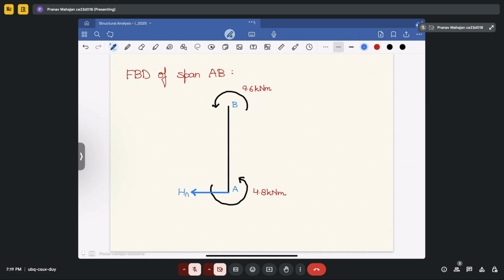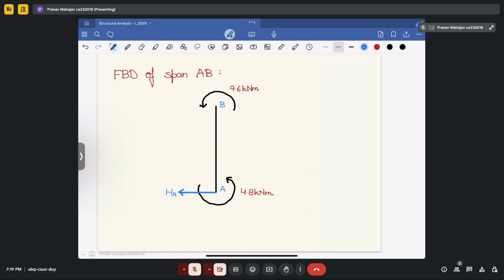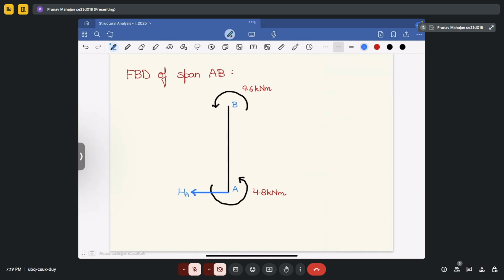Okay, so how will you calculate? You will take moment about point B to be equal to 0. So let me write here. I think I can write here only. So if I take summation of moment about B to be equal to 0, that will give me